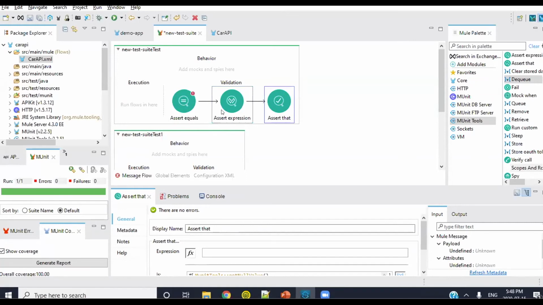So assert that will be used to verify whether the particular value is equal to the expression or not. Assert equals is used to validate whether the payload is equal to a certain value or not, whereas assert expression supports different kinds of DataWeave expressions. In order to implement the MUnit assert functions, you are using the assert dot.